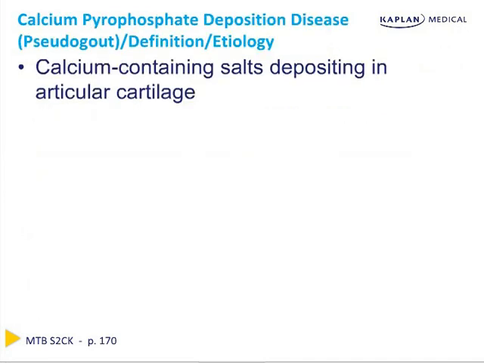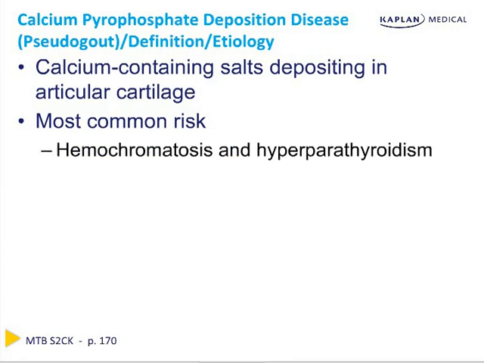The next disease is calcium pyrophosphate deposition disease, known as pseudogout. This is not malingering in the sense the patient's faking having gout, it's actually a real occurrence. Now, pseudogout is when calcium-containing salts begin to deposit in the articular cartilage. The most common risk factor for it is actually hemochromatosis, and that's right, any condition in which you have high